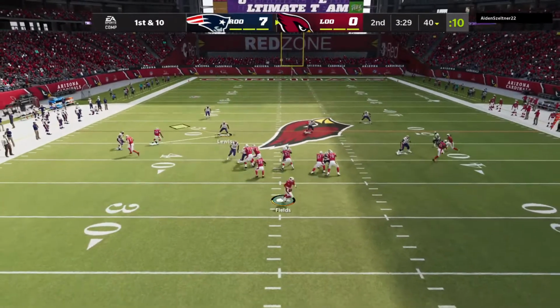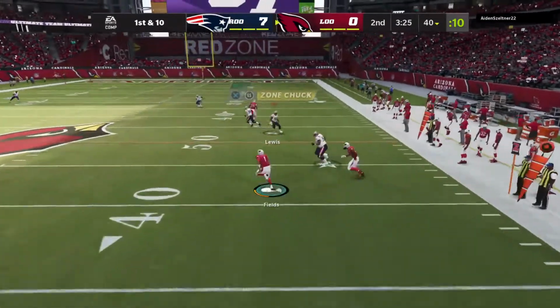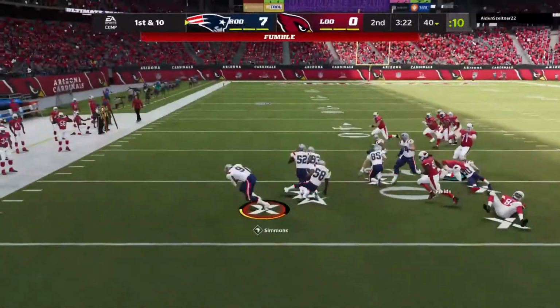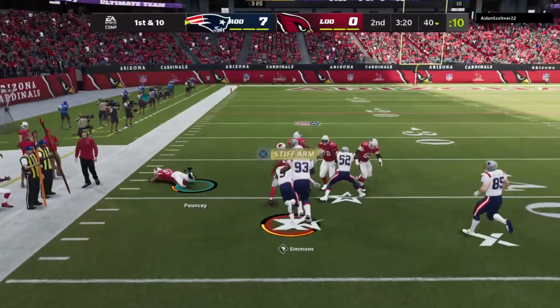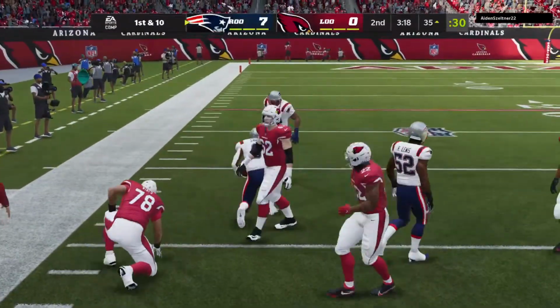On 1st and 10, here's Fields. They'll roll him out right. And now the ball's out, fumbled near midfield. And it's picked up by the Patriots. Powers by at the 40. And the return here is stopped at the